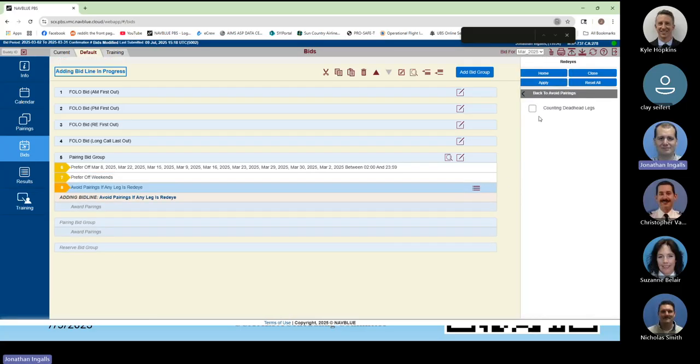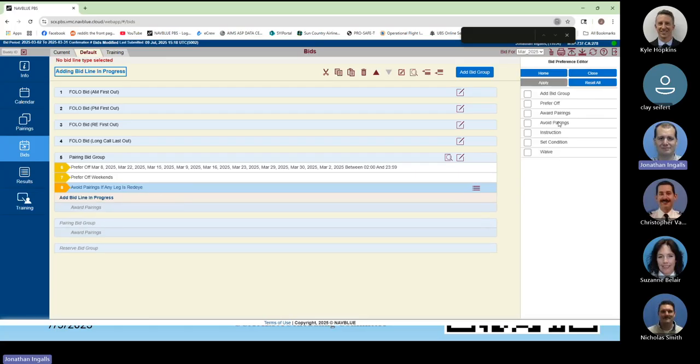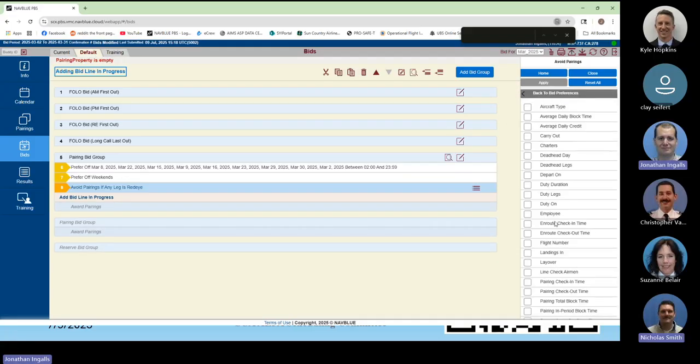To give ourselves a secondary level of protection, what's the worst kind of red eye? What kind of red eye flying do you think is the least bad, if that makes sense? Any flying I do beyond 3 a.m., I'm worthless. Okay. So land by 2:45. So let's do, we're avoiding red eye, we're adding another one. Let's avoid duty on